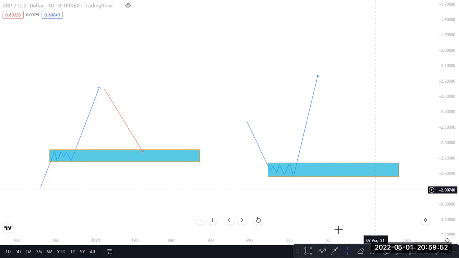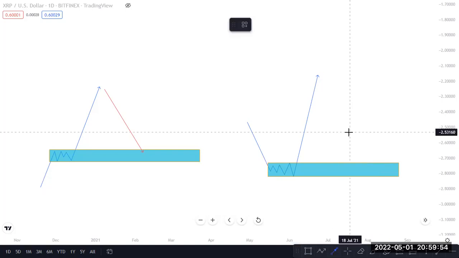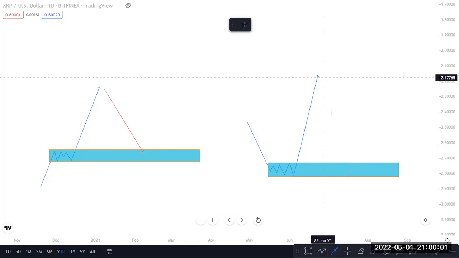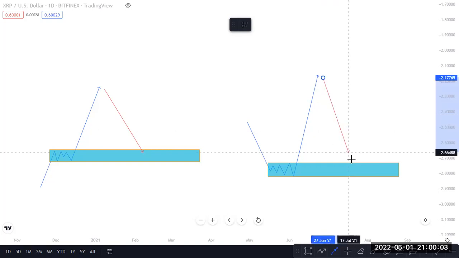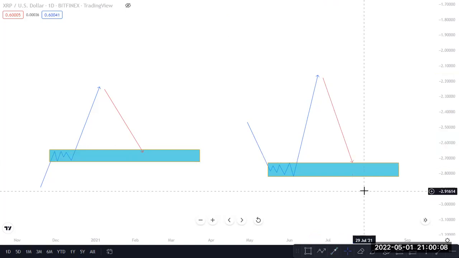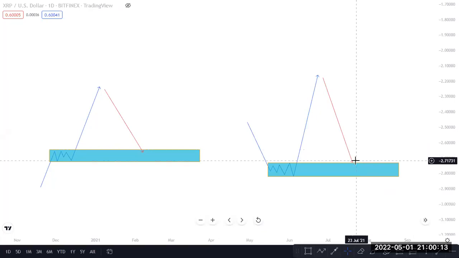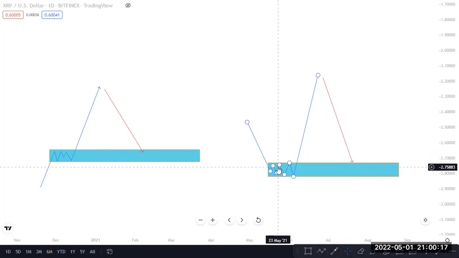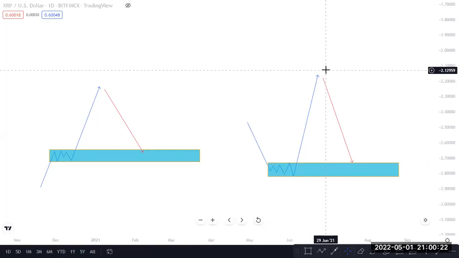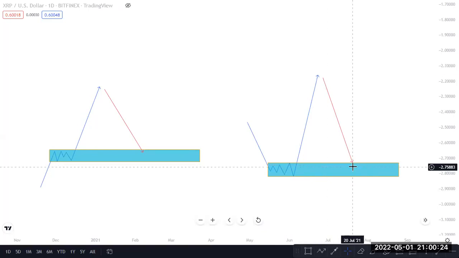I want this coin to come back. In any market that you're trading, you want this market to come back to your point of equilibrium or to your base, isn't it? You want this coin to come back to our point of interest. When it comes back to our point of interest, that is when we want to take our buys, because around this area, this is where these institutions took their orders and pushed the market up.